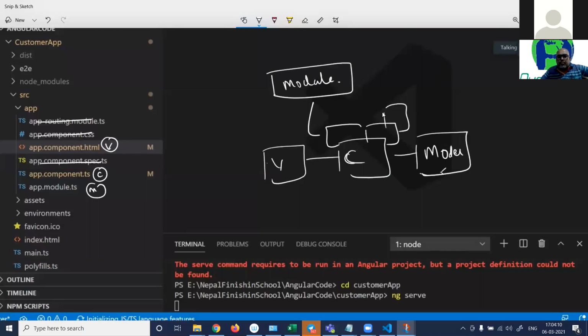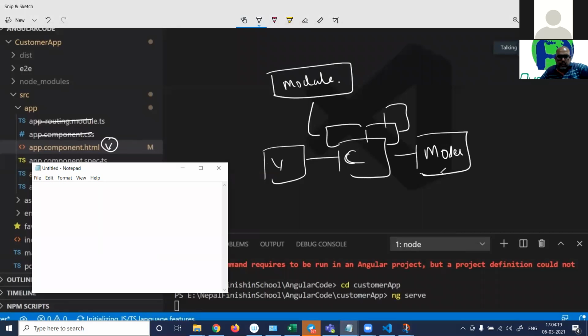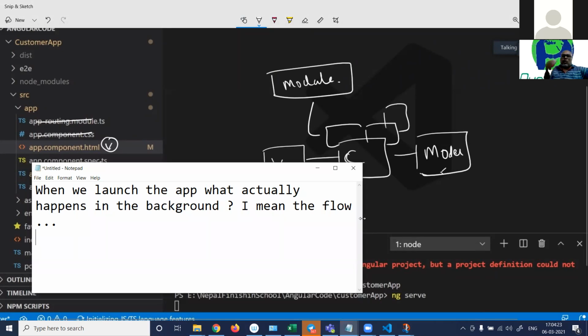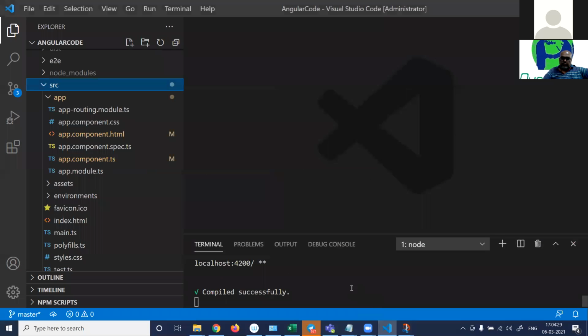Very good question from Krishna sir here. Let me paste Krishna's question. So what happens internally when we launch the app? When I say ng serve here, ng serve is already done, I guess.